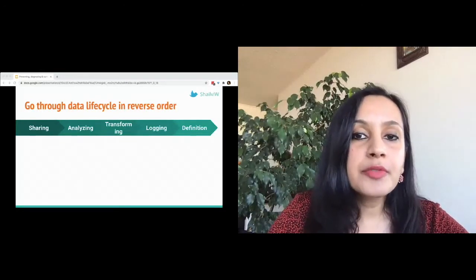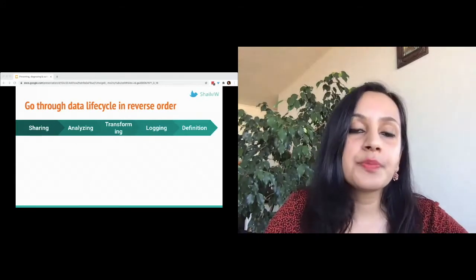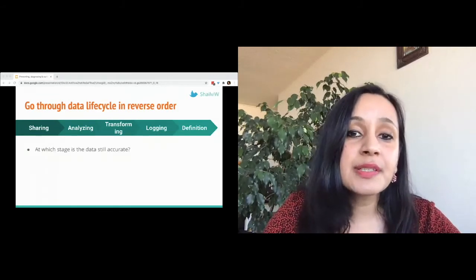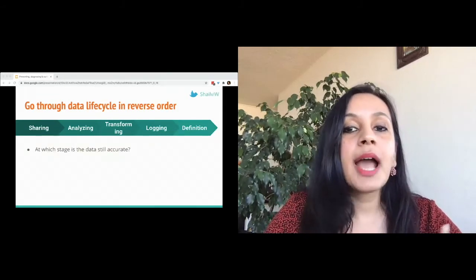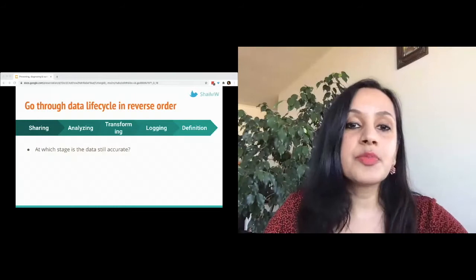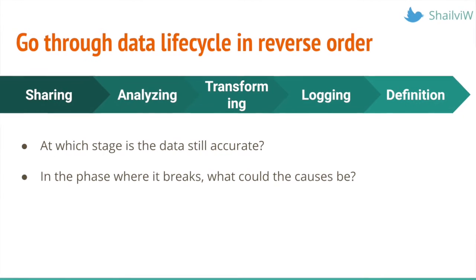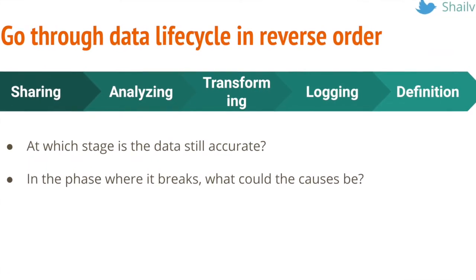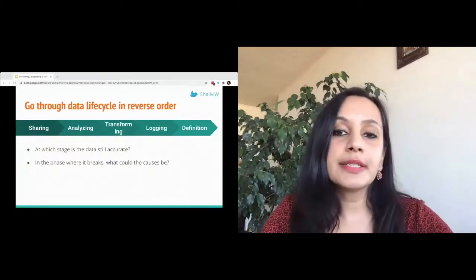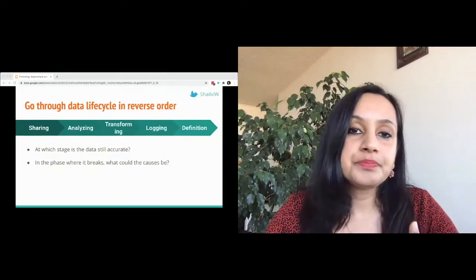If none of the above reasons are the answer, then it's time to be methodical and go step by step to find the root cause. Start with the data lifecycle in reverse order. For each phase, verify if the phase before it has the right data. This will help you identify exactly where in the lifecycle something is breaking. When you find the phase where the data is breaking, go through the common root cause examples and create a hypothesis about what might be happening. Create hypothesis, test, and validate, and keep repeating that process until you find something that explains your issue fully.